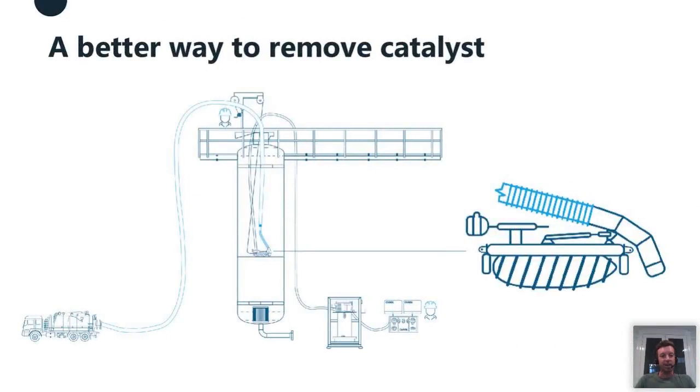So here's an overview of the system. You have your reactor, which might be 2 meters in diameter, could be as wide as 4 to 5 meters in diameter, and anywhere from 5 meters tall to 20 or 30 meters tall. It can have just a single bed of catalyst or multiple beds of catalyst. But you can see in the drawing